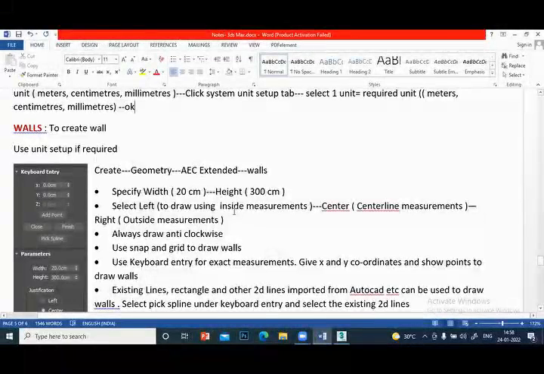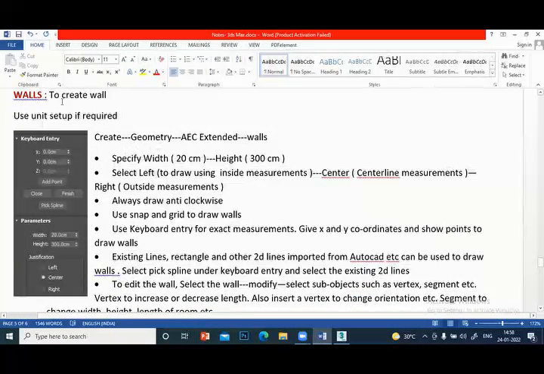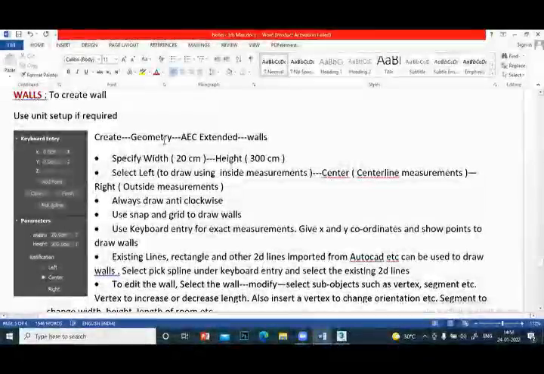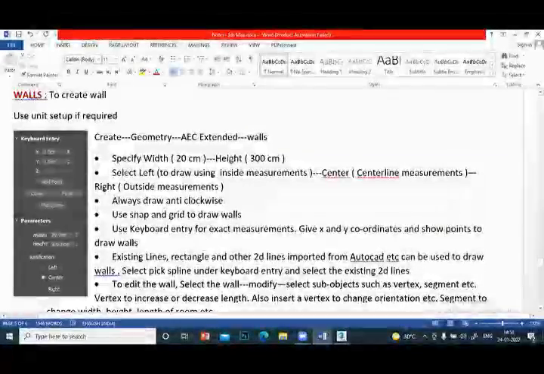Now come to walls. To create a wall, use unit setup if required. If you want to use centimeter, meter, whatever it may be, go to unit setup and do it. Now Create, Geometry, AEC Extended, then Walls.